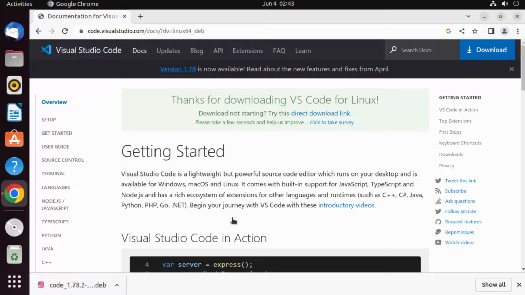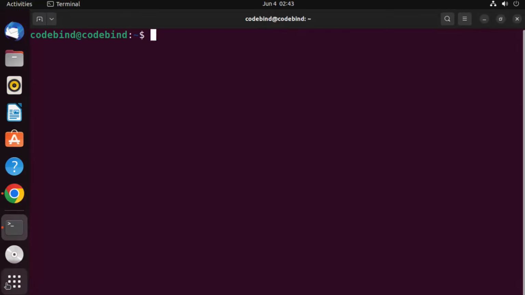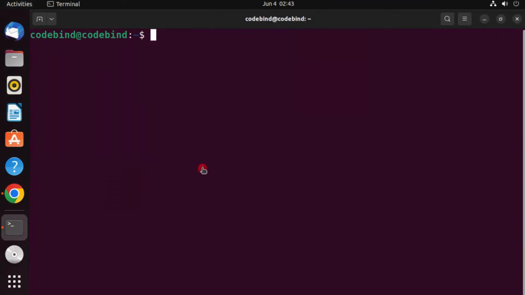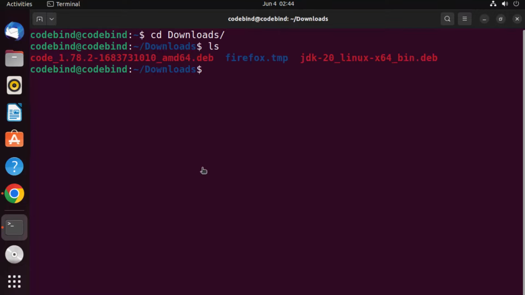So just press Ctrl Alt T to open the terminal, or go to the applications and then click on terminal option, which is going to open the terminal, and we are going to navigate to the downloads folder. So just write cd dow and then press tab key, which is going to auto complete the path. Press ls and here you can see this code